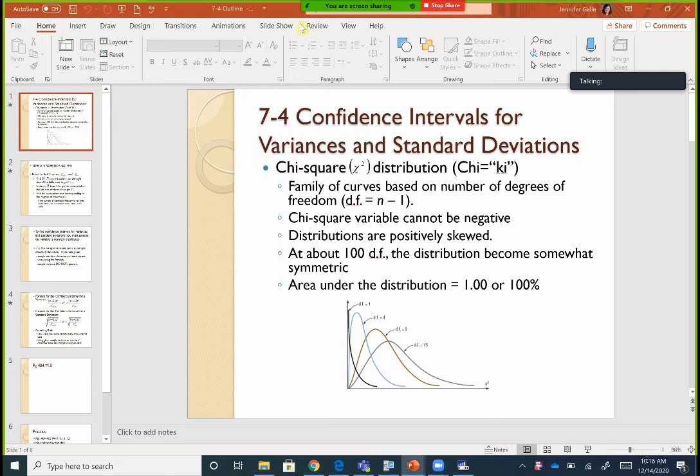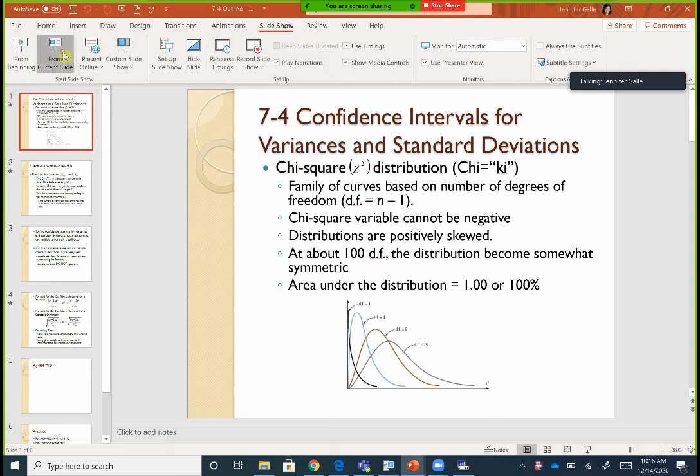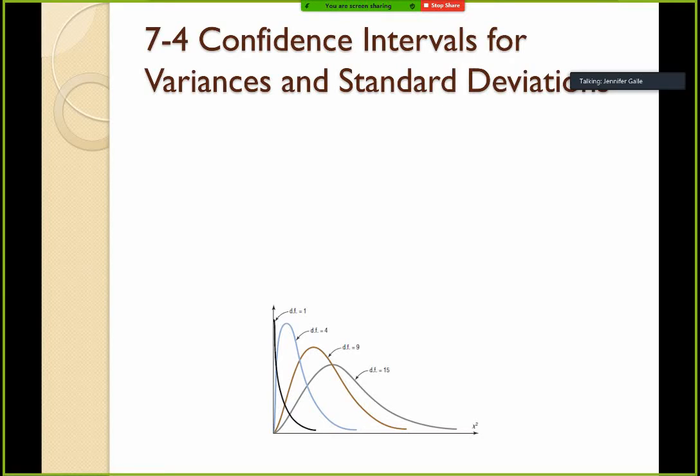Okay, guys, so let's take a look at what section 7.4 is all about. All chapter we've been talking about confidence intervals. We have found the confidence interval for the mean when we know the population standard deviation. We found confidence intervals for the mean when we don't know the population standard deviation, and we have to use the sample standard deviation instead. In section 7.3, we will look at confidence intervals for a proportion, but again, we're going